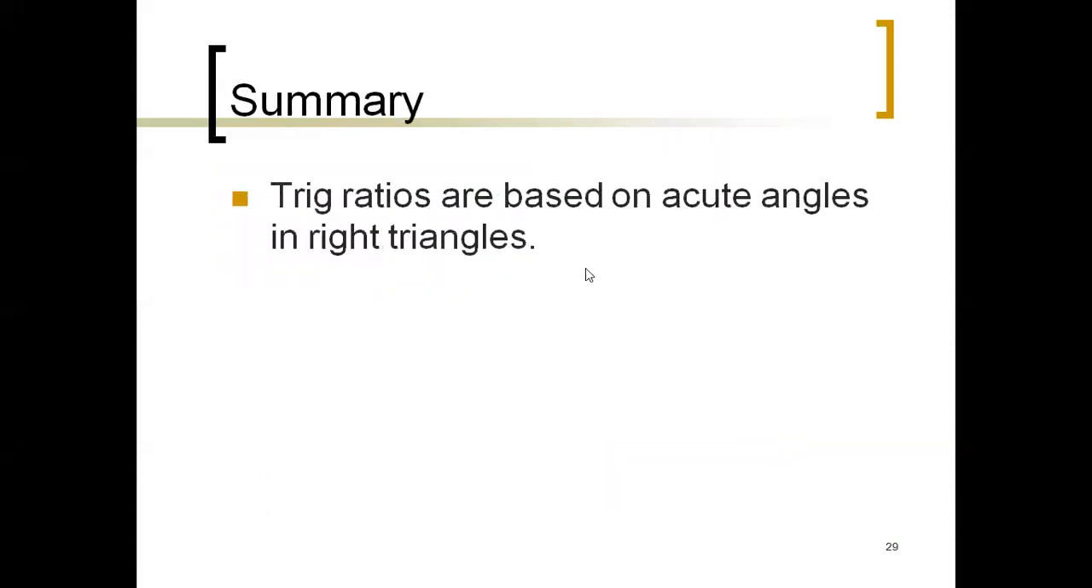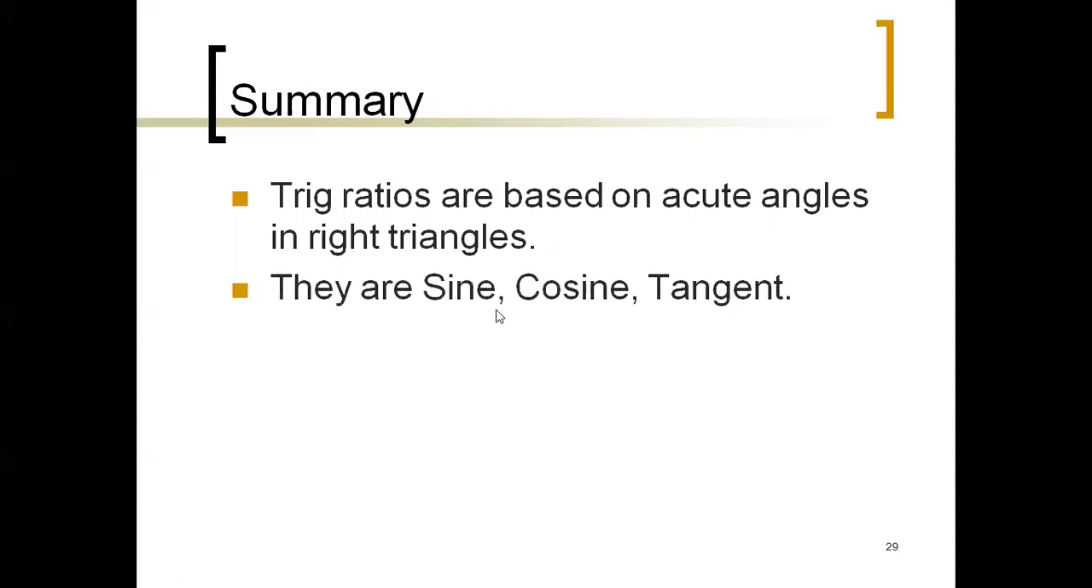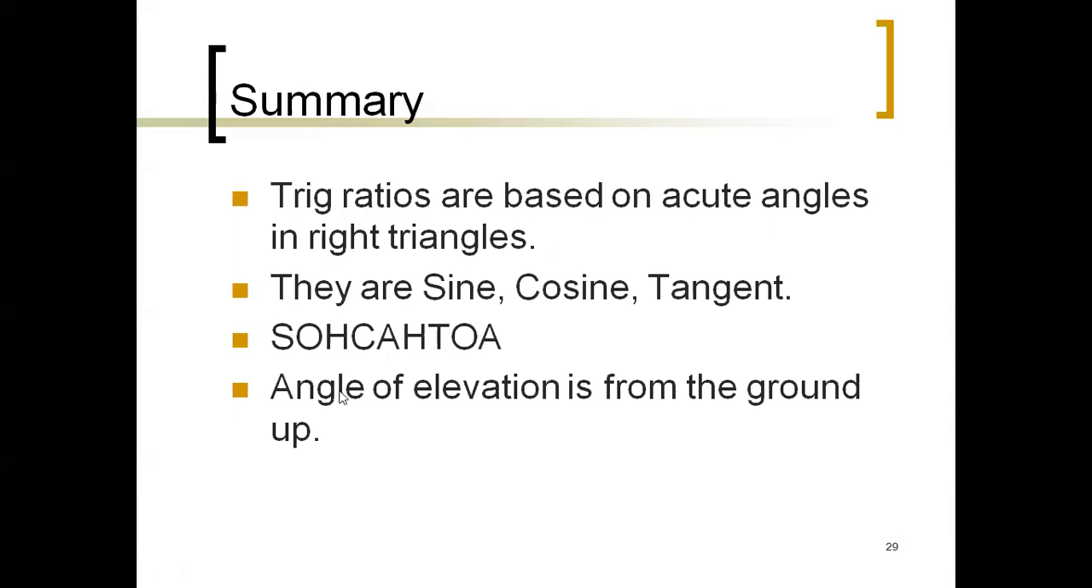Summary. The trig ratios are based on acute angles in right triangles. These are the sine, cosine, tangent. You can remember the definition of these three using the mnemonic word SOHCAHTOA. The angle of elevation is from the ground up, while the angle